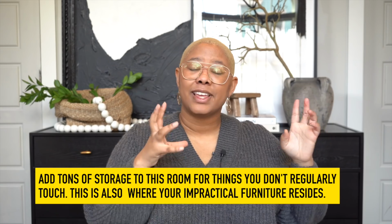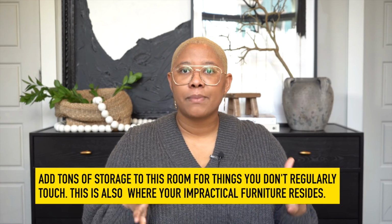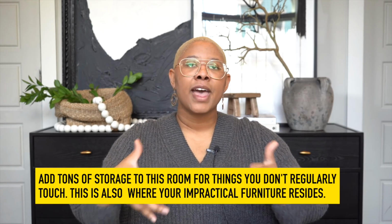So if you're into the contemporary look, have your task lights in there and your white chairs and all of the furniture that is impractical for your family, but I know you already bought. I'm not telling you to go out and buy these things, but I know that you've already bought them. Put those things in that room and have that room always look manicured. It's at the front of the house. It kind of shows that you have your stuff together. It really establishes a great tone for when someone enters your home,